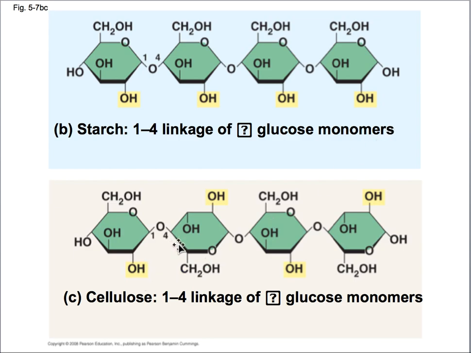The beta, so these are beta where we have the same thing. We're going to have a 1,4 linkage, but now on a couple of our glucoses, the hydroxide is at a different spot. Because it's a different spot, if you notice, this is actually turned upside down. So this is like a mirrored image of it. Notice there's one on every other side. We're going to be able to combine directly with the row of cellulose right next to it,